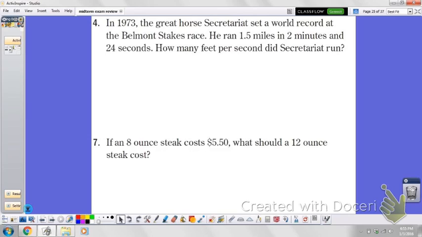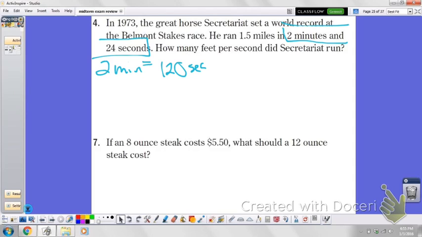In 1973, the Great Horse Secretariat set a world record at the Belmont Stakes race. He ran 1.5 miles in 2 minutes and 24 seconds. We need to find out how many feet per second did Secretariat run. So right now, it gives us that he ran 1.5 miles in 2 minutes and 24 seconds. So we want to get that all in the same unit. So let's make it all in seconds. So since 2 minutes is equal to 120 seconds,